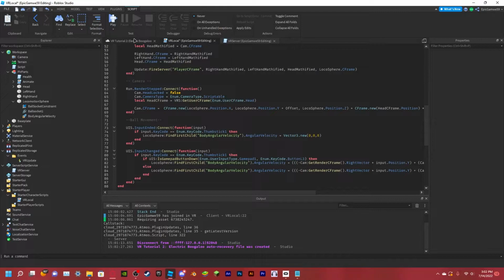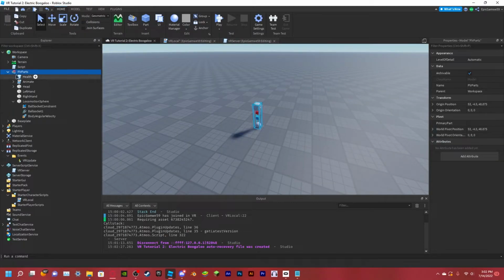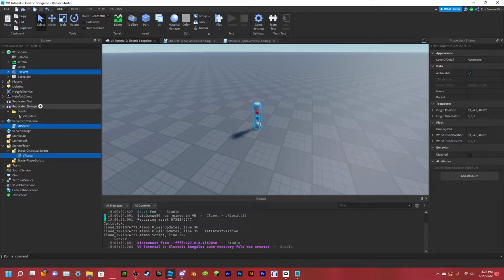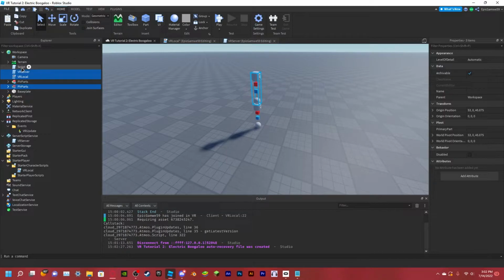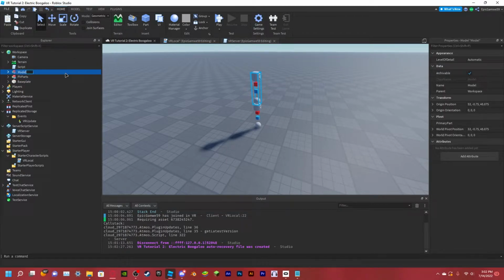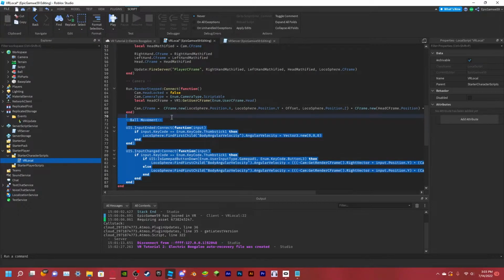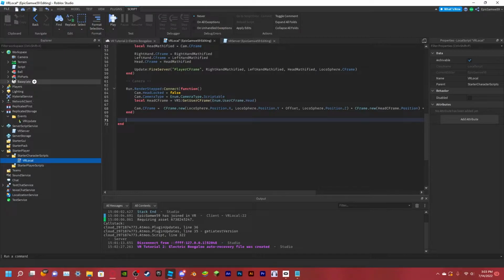Yeah, so now that this is done, I'm gonna copy all this, and then I'm gonna paste it, group it, and call it ball, because now we're going to a different kind of movement. So delete all this. Your character,